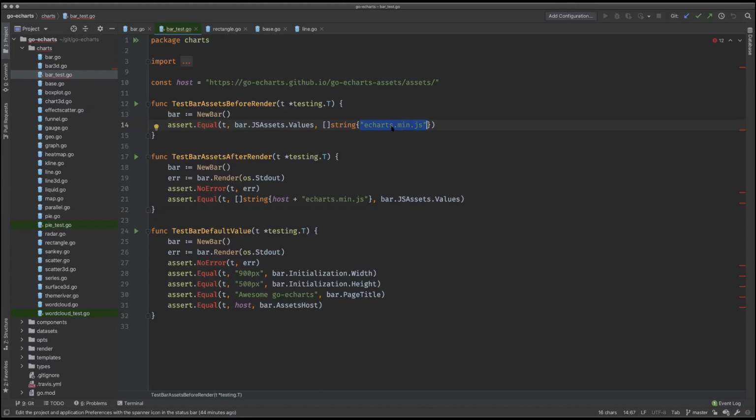And the min.js, I'm guessing, is probably the common code for all charts, isn't it? And then there'll be some extra JS for the specific thing that we're doing, maybe. Okay, I think that makes sense to us, doesn't it? Mm-hmm. That's a nice test. One thing we could have done,